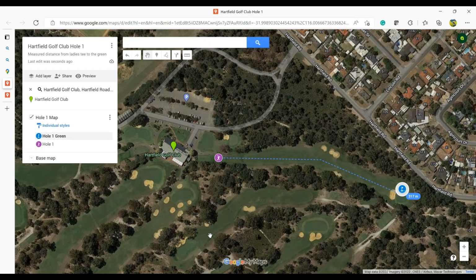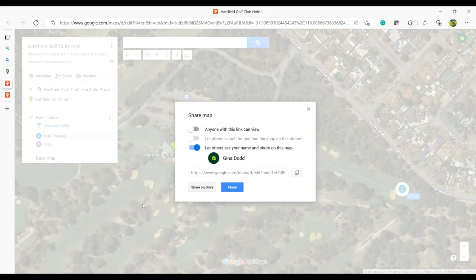All good. And now I want to share this. Okay, so when you add a share, see, it's coming from me, and see here, this is the URL. All you can do is copy this, click that, and